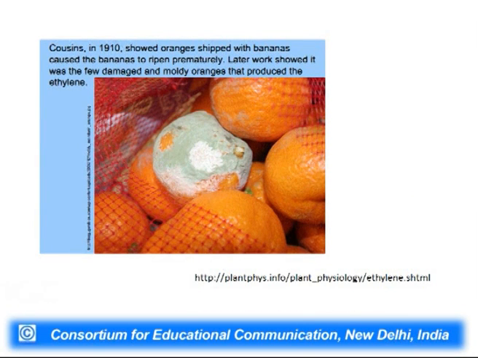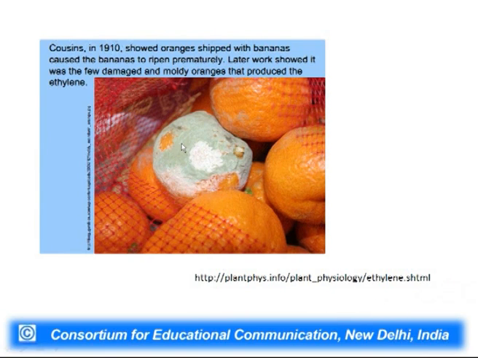Now, this is a beautiful observation by a scientist in 1910. What he found was that when he shipped orange and banana together, the banana ripened much faster than when it was not with oranges. Of course, later on it was found that in his orange stock there were one or some oranges which had fungal contamination. So, ripening oranges release ethylene anyway, but